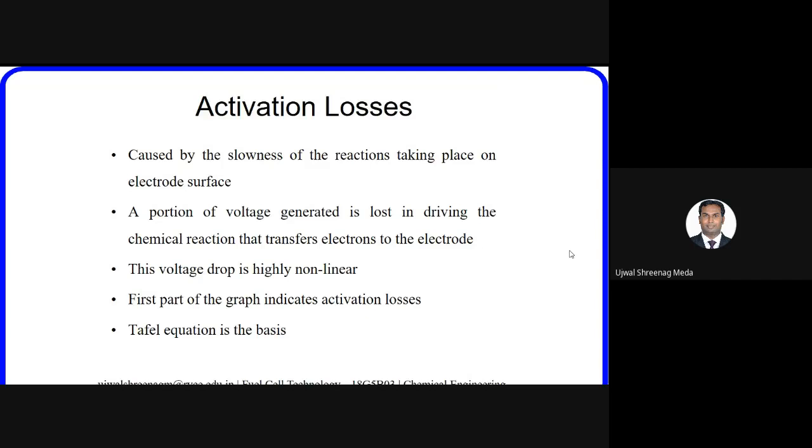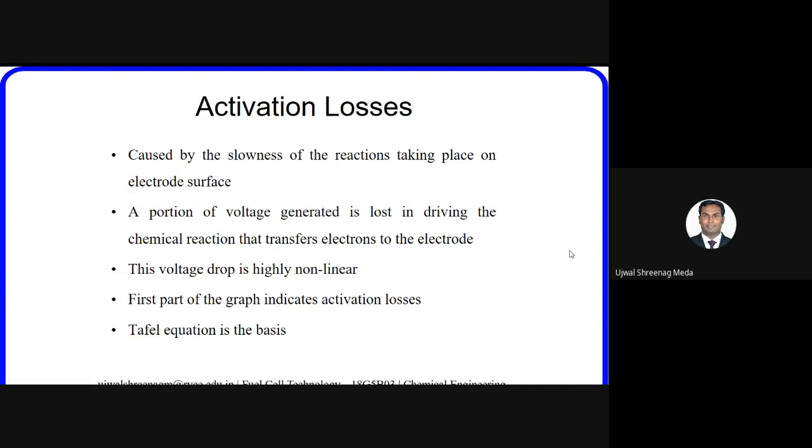A lot of experiments were carried out which involved electrochemical reactions with numerous different reactants, different chemicals. At that time, looking at the results, he made an observation